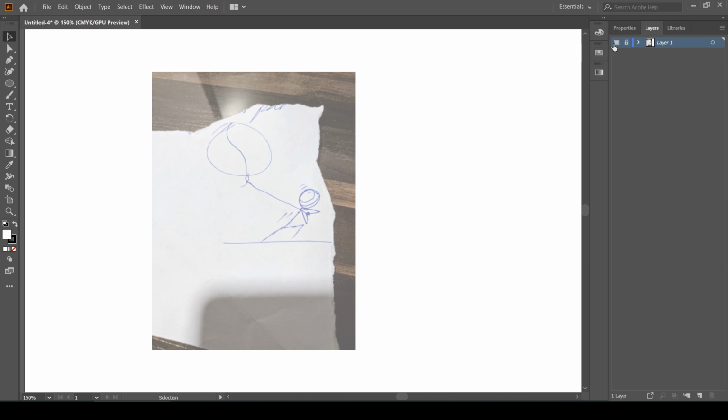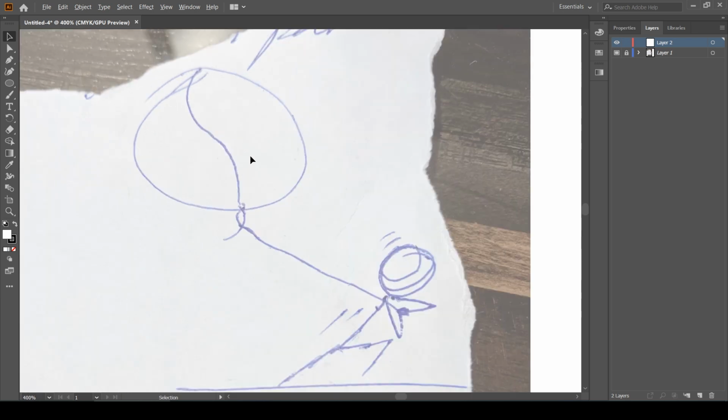Second, the toggle button of the eye is changed to a rectangle, so this is to differentiate that this is the template layer. Third thing is that the layer is a little bit dull and whatever I'm going to do on the layers above it will be more visible. So let's create another layer. And let's zoom in a little bit with the help of Alt and scroll wheel.